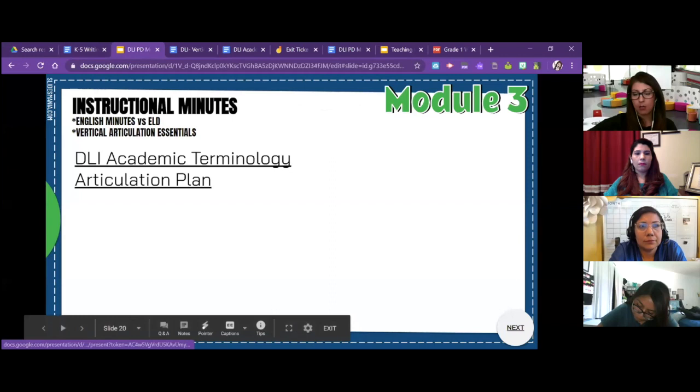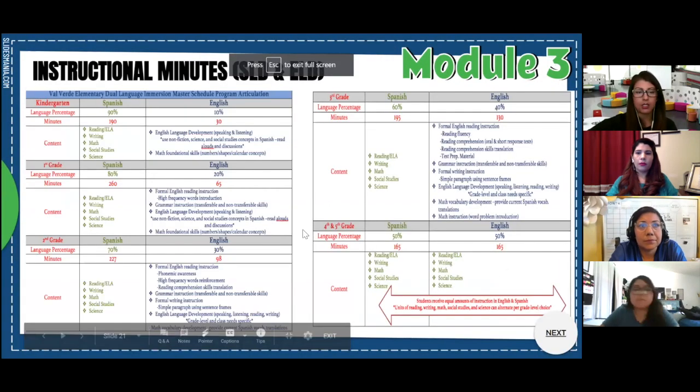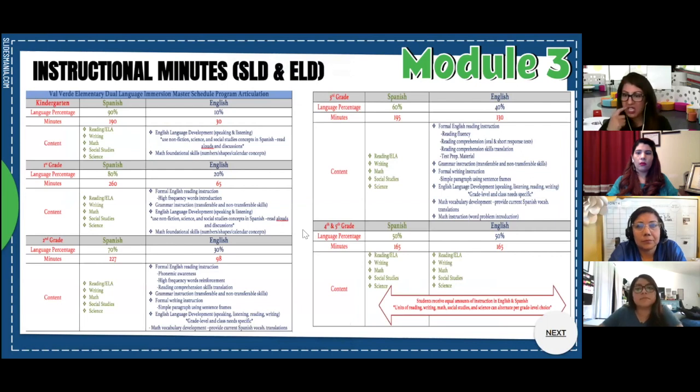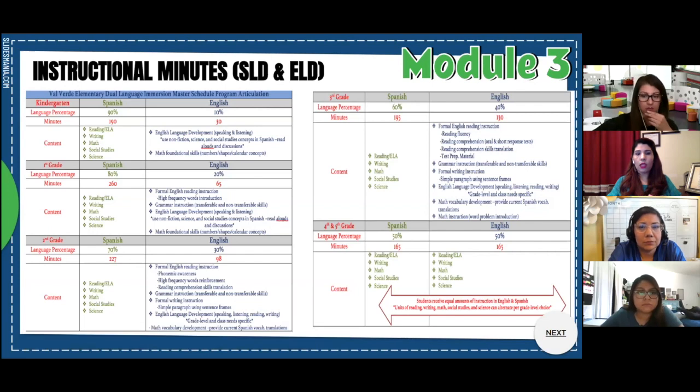The next thing we wanted to share, and Adriana will take it away on this piece, is the breakdown of the Spanish minutes and English minutes by content. This may be a little hard to read, but you already recognize that it's within the master plan. And pretty much this is just a slam dunk. These are just raw minutes, exactly broken down by what we officially have as instructional minutes in the day, and